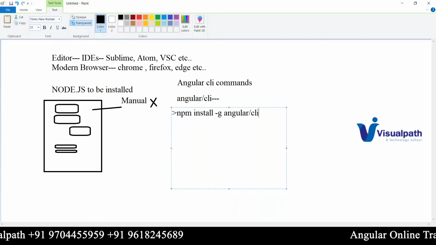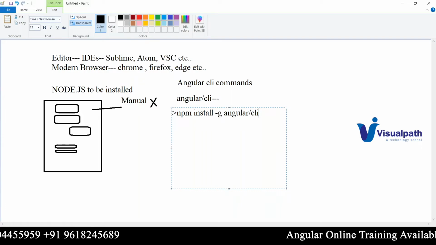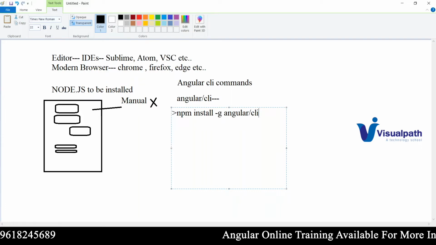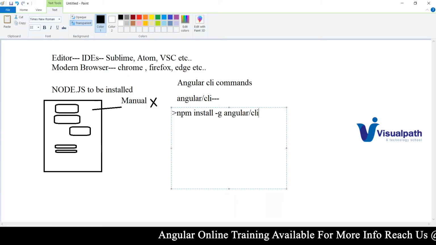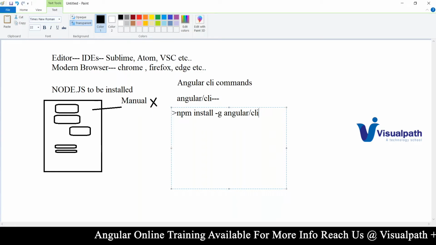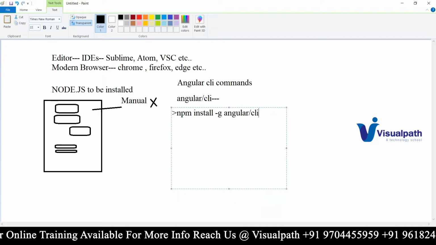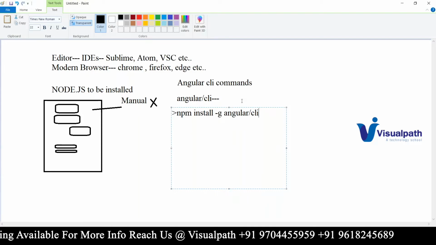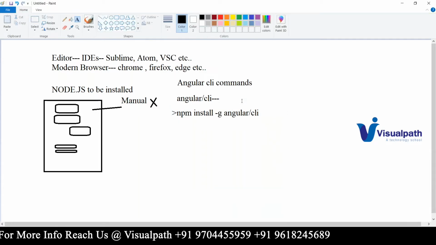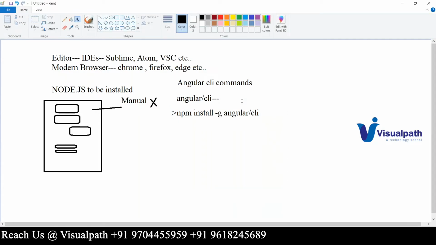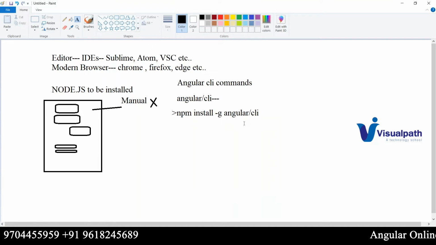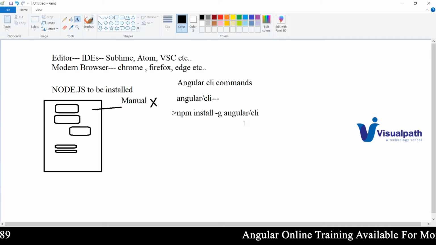Then it will be downloading and installing. Everything will be done within a minute. Assume within a minute that installation setup is finished. Okay. So once that is done, Angular will be available in your computer. That's why I'm using the word Angular. Actually, it is Angular CLI, but Angular is available, which means you can create Angular applications with the help of